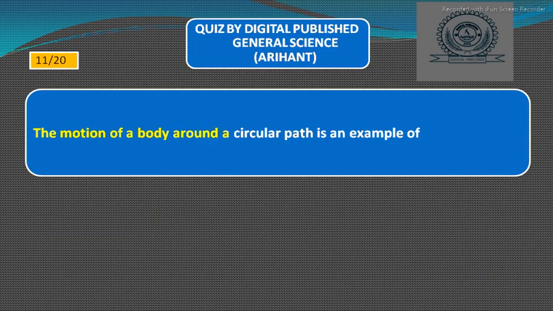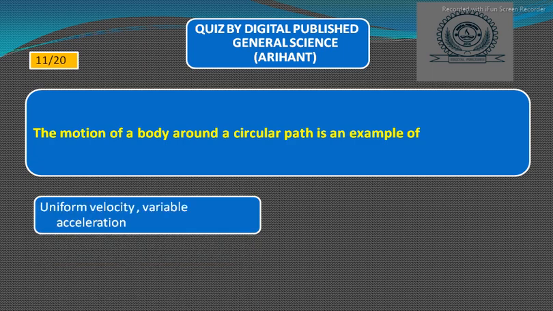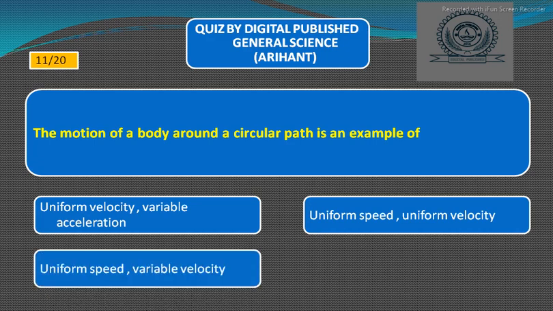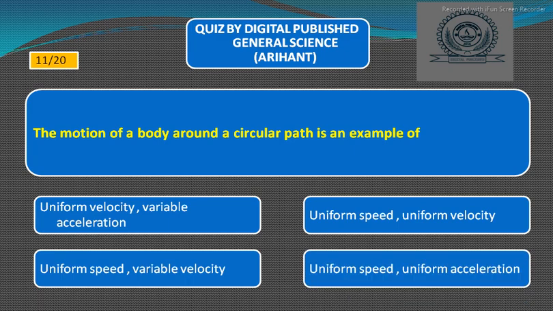The motion of a body around a circular path is an example of option A, uniform velocity variable acceleration, option B, uniform speed uniform velocity, option C, uniform speed variable velocity, option D, uniform speed uniform acceleration. So the right answer is option C, uniform speed variable velocity. Next,